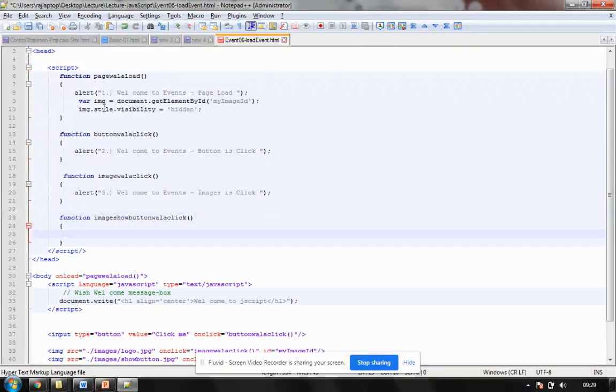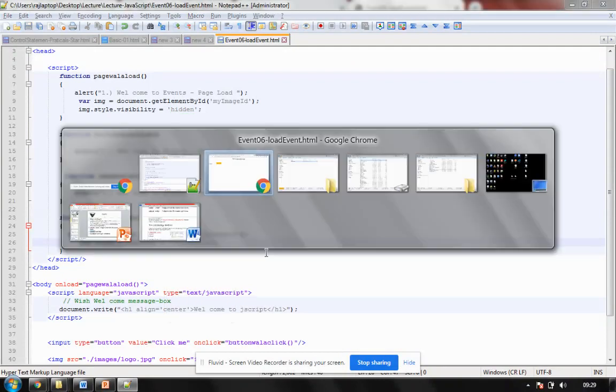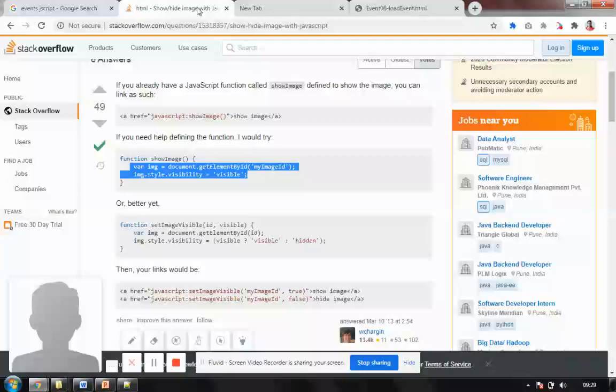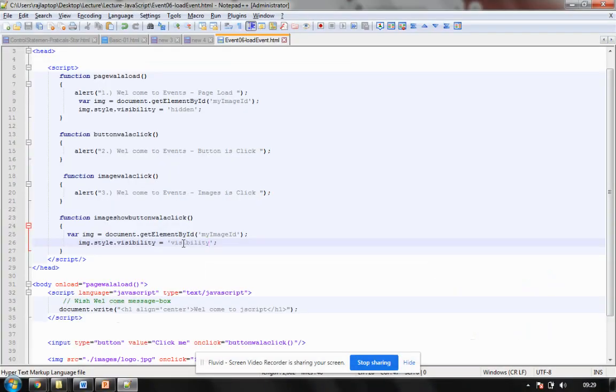So what is it going to do? It is going to do a very simple thing. If this is hidden, when I click on that button, it should be visible. It has to be visible. I think it's visible or visibility. Sorry, the visibility has to be visible.